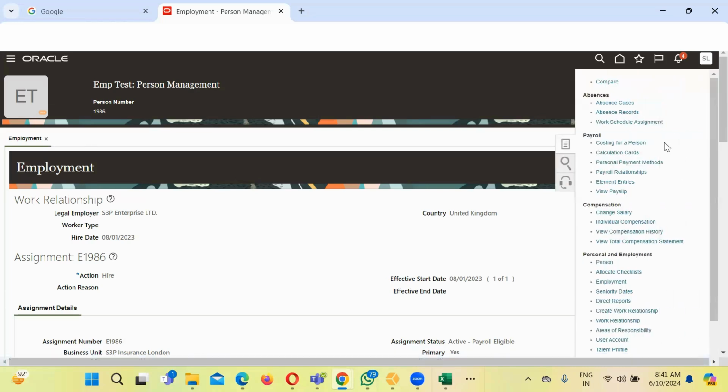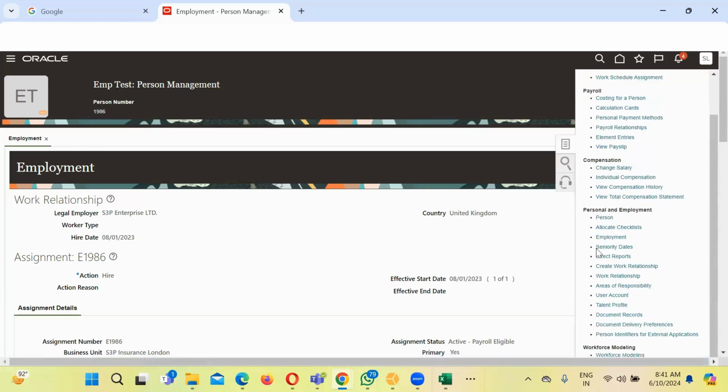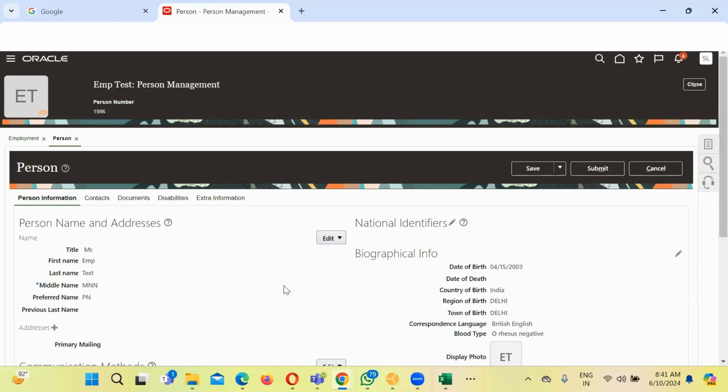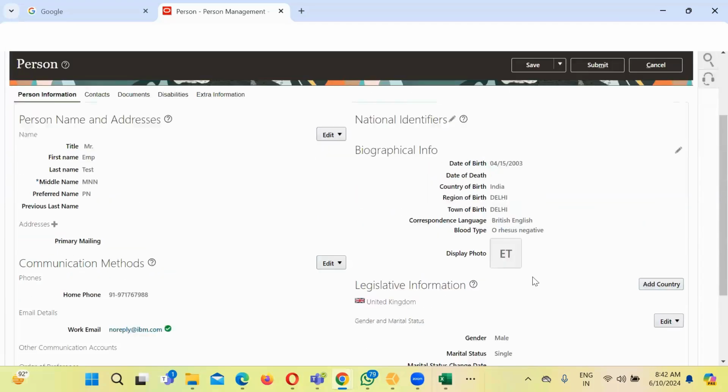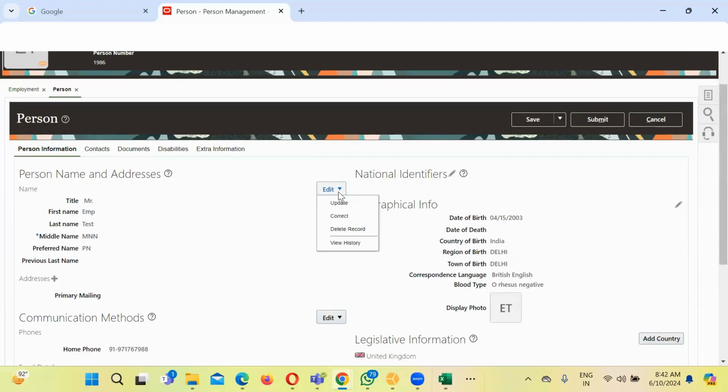Once you click on task, it will give you other options or other pages that have been associated with this particular business object called person. So if you want to see the personal details, go to the person, and under this person, guys, you could see his personal details, his contact details, his documents, his disability details. And under the personal details, you could see his personal name, mobile number, email address, national identifier, geographical, gender and all. And anything you want to change, you can click on edit, go to the correct mode, and that's how